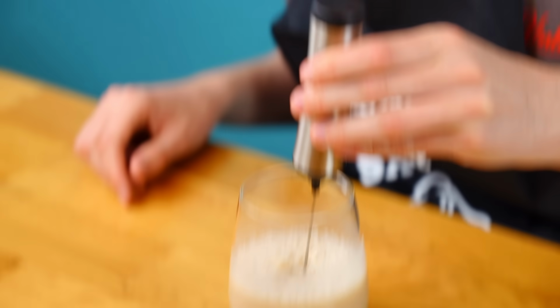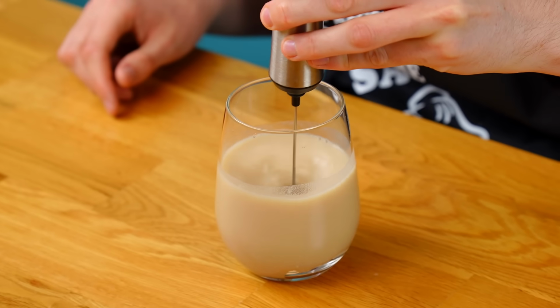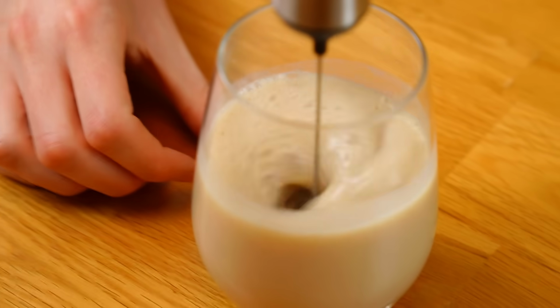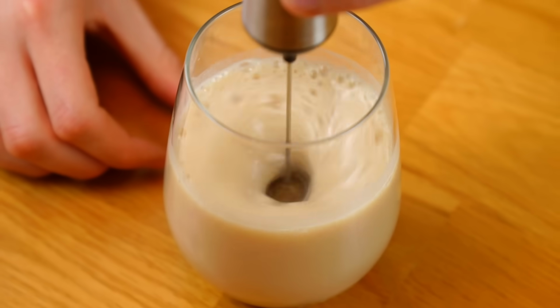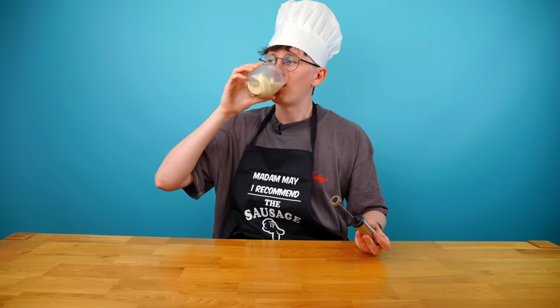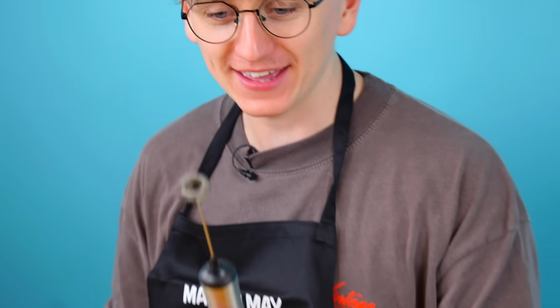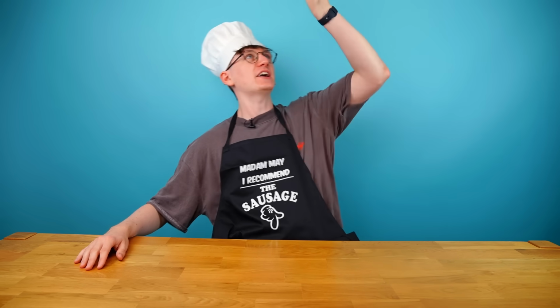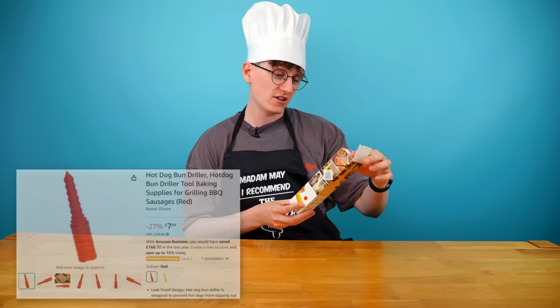What a whirlwind adventure. One more time. It's already whisked, but I just can't get enough of it. Look at this top-down shot. Wow. Wouldn't want to get stuck in there. That's amazing. Look at that. Give it a try. Smooth. This item is amazing. Okay, right, didn't think that would happen. The table is getting stickier by the second, but it's time for the next item, and it is hot dog